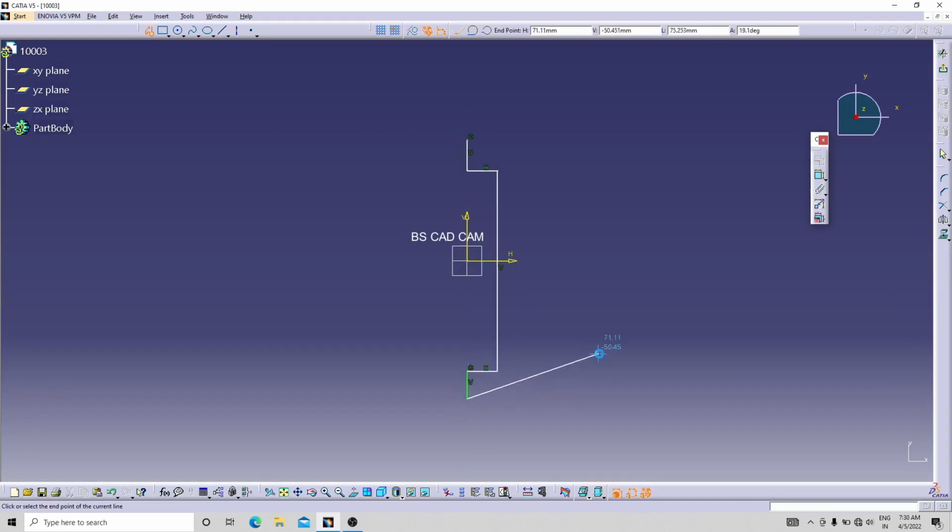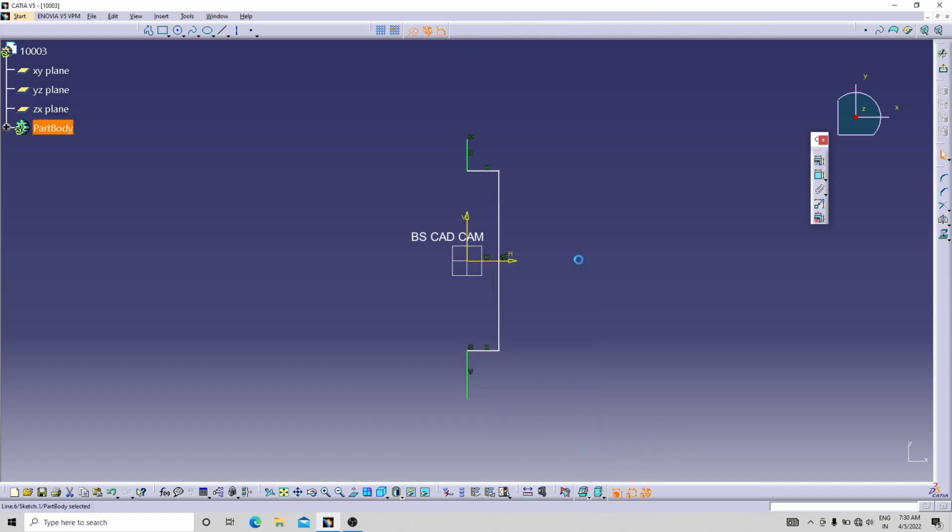Okay, now select a line, select this and line, start point and the midpoint,